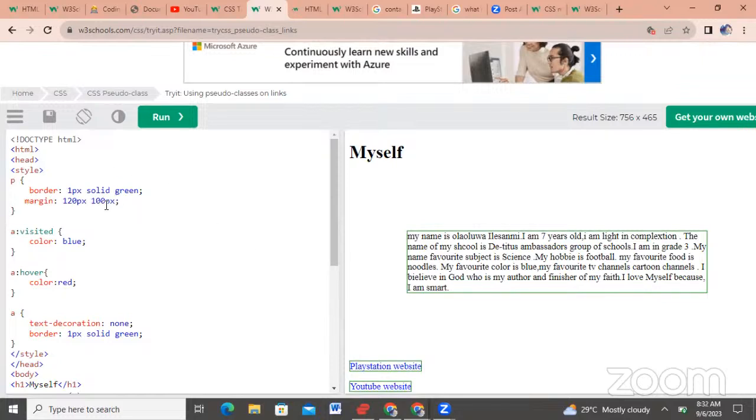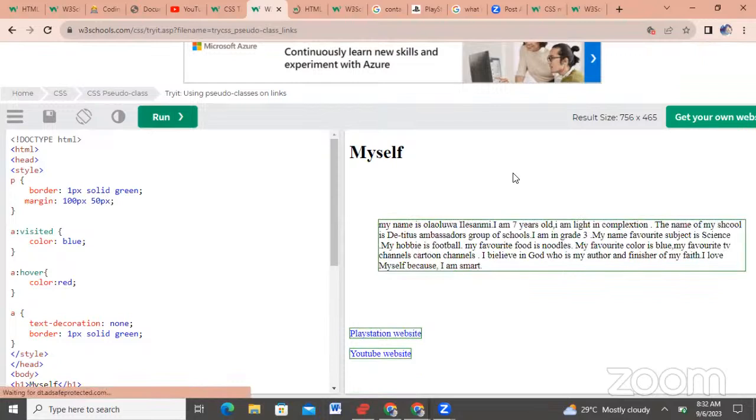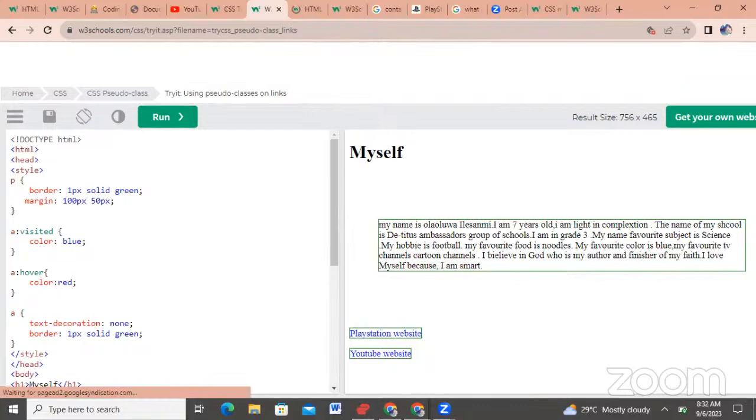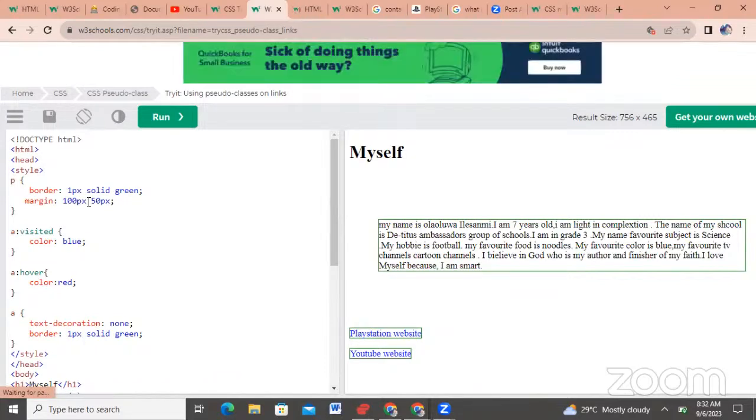For instance, let me make the top 100 px, and then I'm going to make this side 50 px, all right? So it's going to look like this. They all have the same space. Now, assuming I want to give this side 100 px, I cannot write it like this, I have to write it fully. I have to say the top is 100 px, this right side is 50 px, then the bottom,